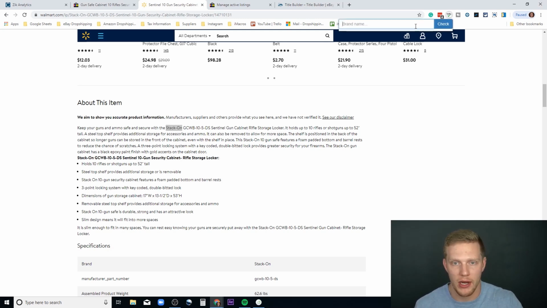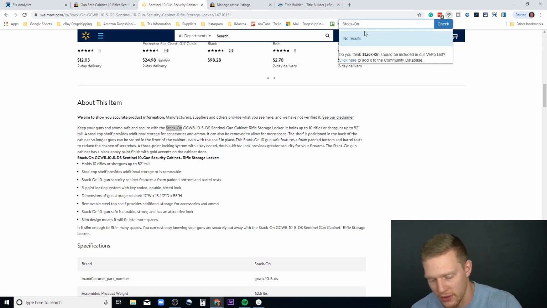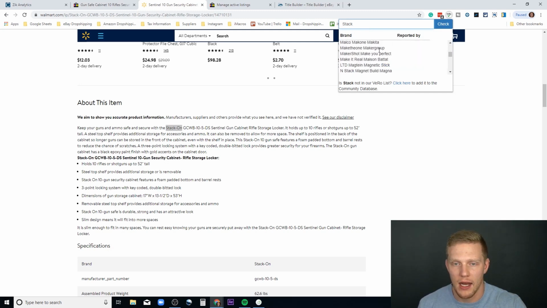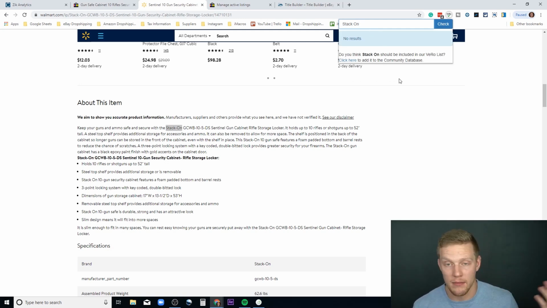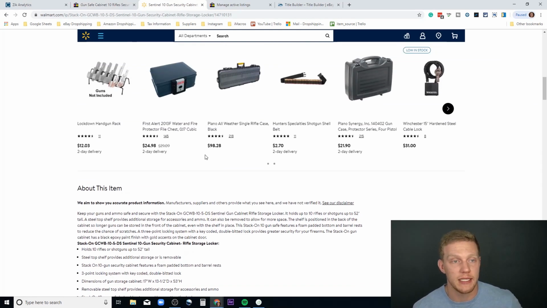So I'm going to type in the brand name here, Control V, and hit enter, and nothing showed up. I also like to check for other things sometimes, like the word stack. Sometimes there's just large groups of things here. I'm not going to really scroll through all this, but stack or stack space ON, because these are just people sending in brands, so they could just put in or forget a hyphen or anything like that. Well, this brand seems good to go, so we're going to list this item,